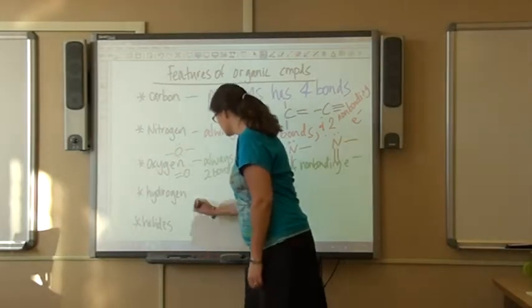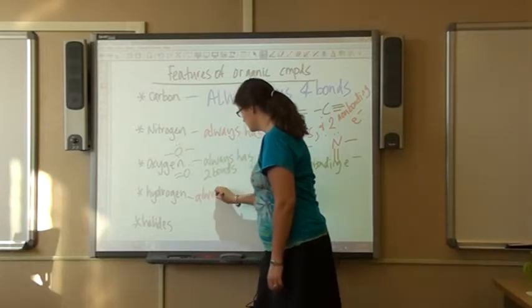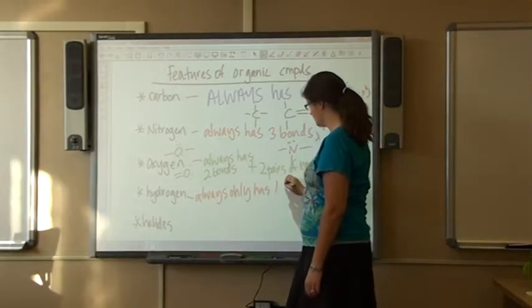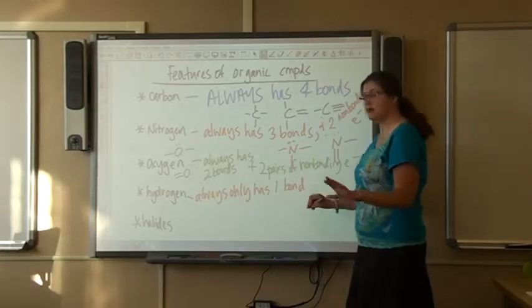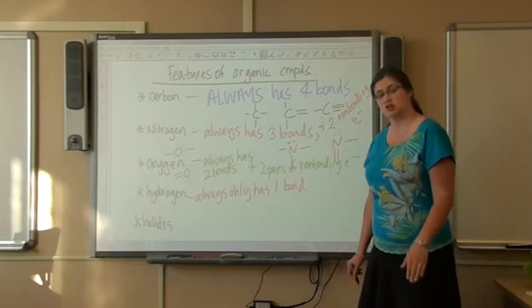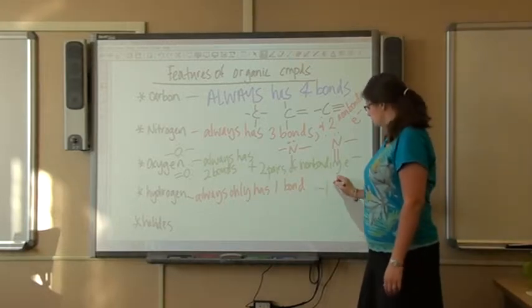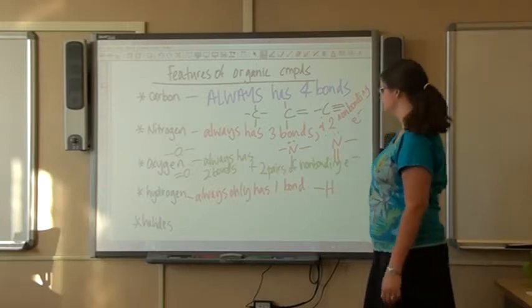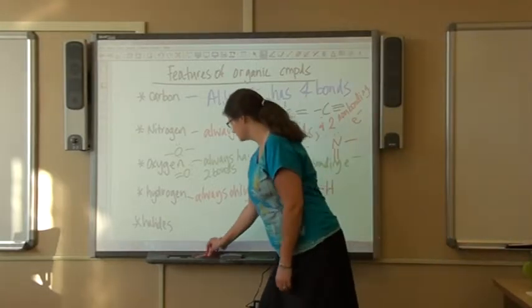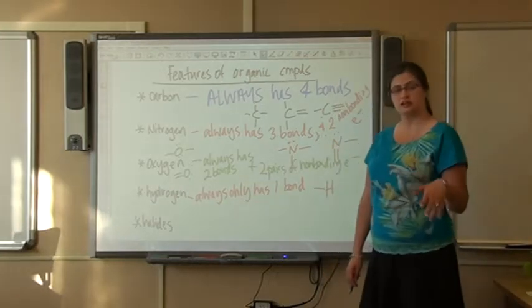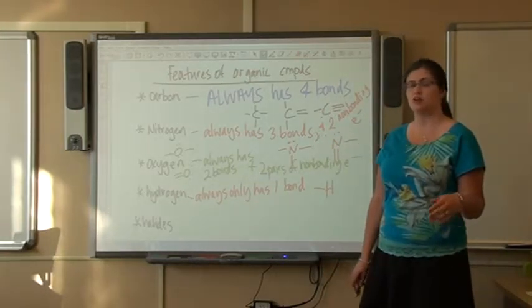Hydrogen always only ever has 1 bond and no non-bonding electrons. Hydrogen only needs 2 electrons to fill its octet, so it will always look like this. And the last thing that we should take note of for these organic compounds are what are called the